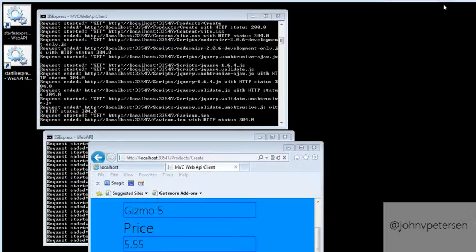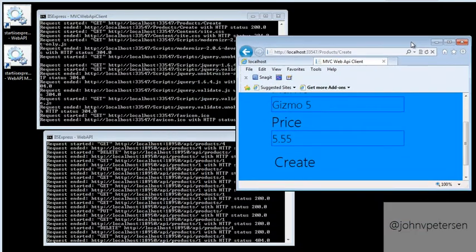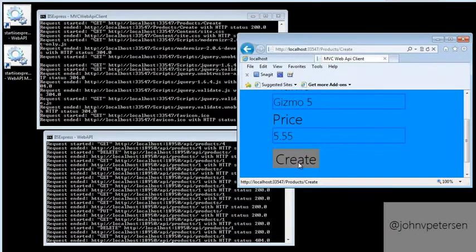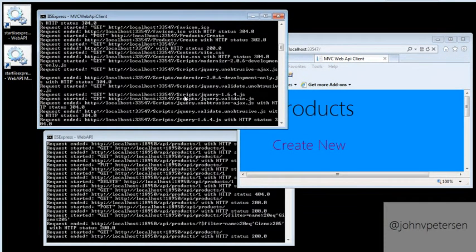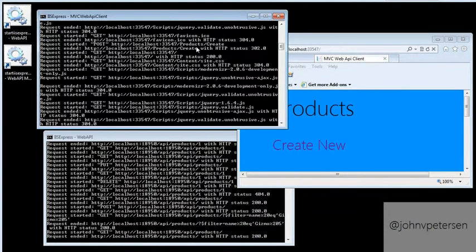So if I minimize this, I'm going to hit create. So let's go ahead and do that. Okay. So what happened over here? Well, if we look for the word post, here it is. There's the post. Here we're creating.